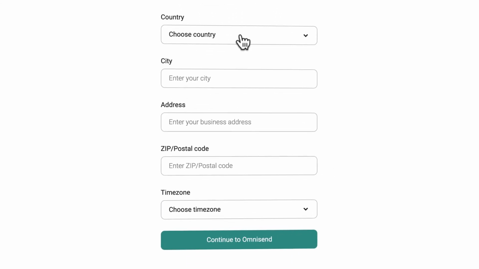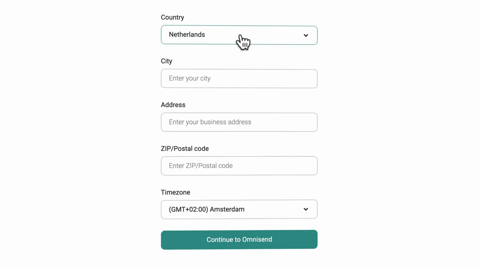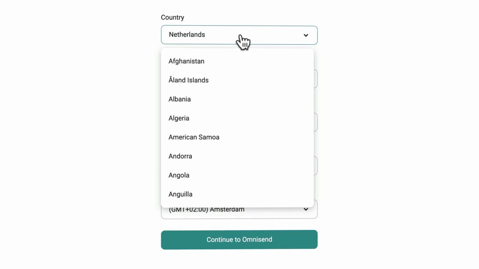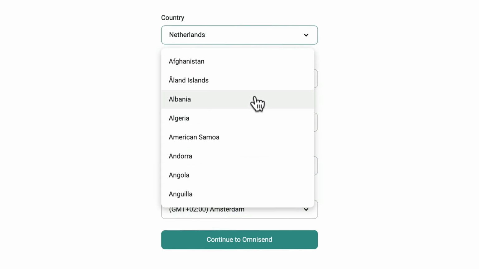I'm from the Netherlands. If I would say NET, I see nothing happening. But if I hit enter, then the Netherlands will be selected. So fill in the first letters of your country. So if I'm from Albania, ALB, and then it will be selected. And that's how you can choose your country. Or if you want to feel like it, just scroll all the way to that place.